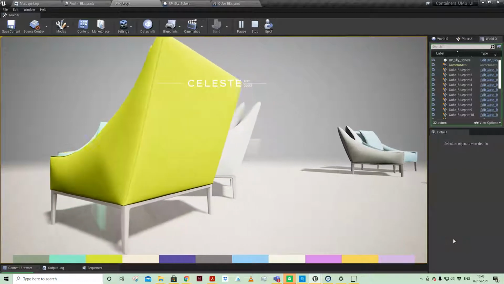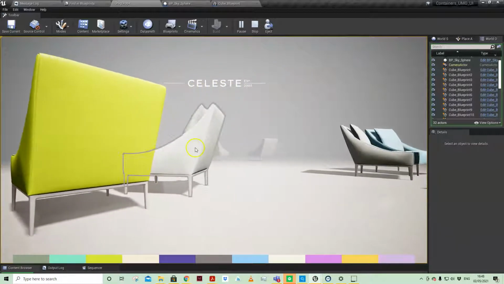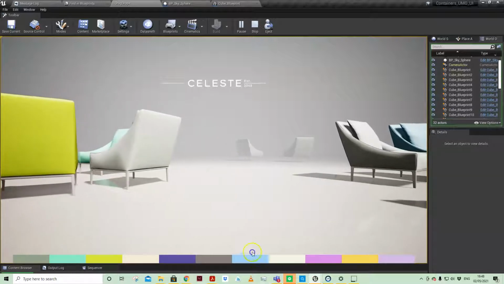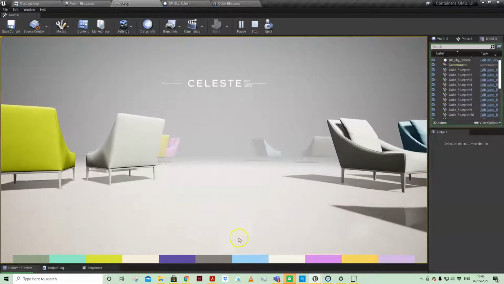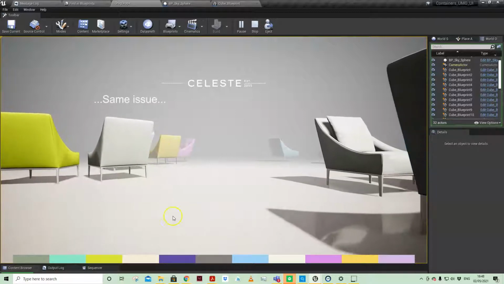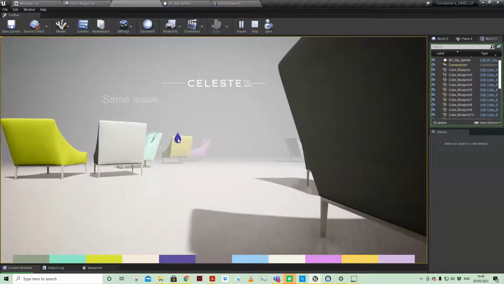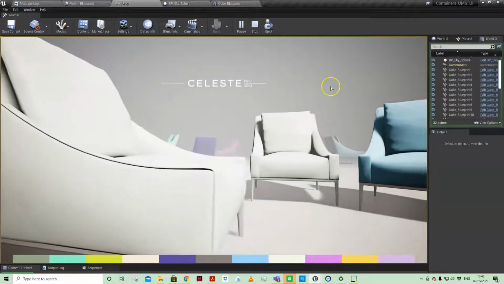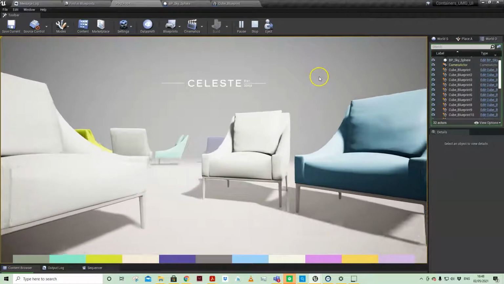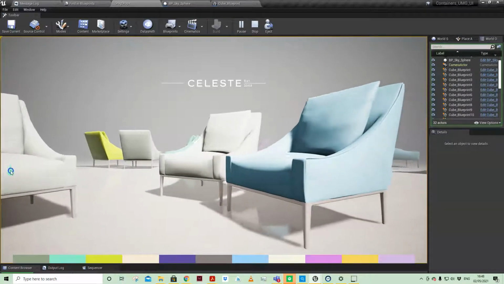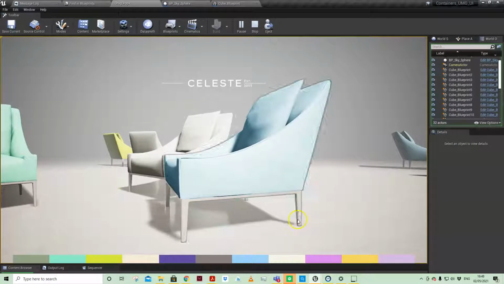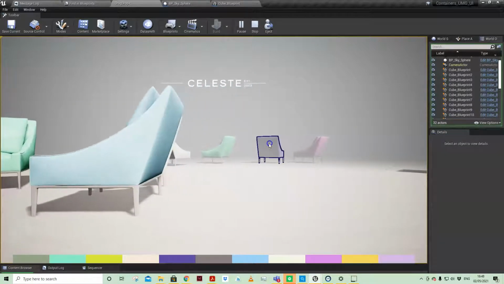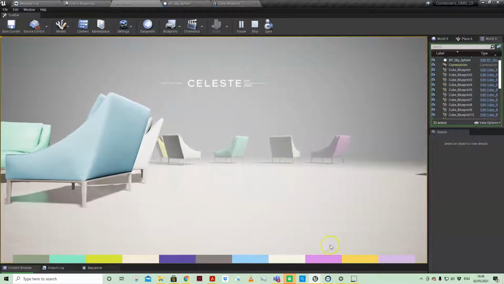One other thing that I'm doing is now every time I roll over, you'll see that the outline colour is relevant to the fabric colour, and that updates when I update the colour, and that's just a material parameter collection that's being updated as I am pipetting over the colour like that,